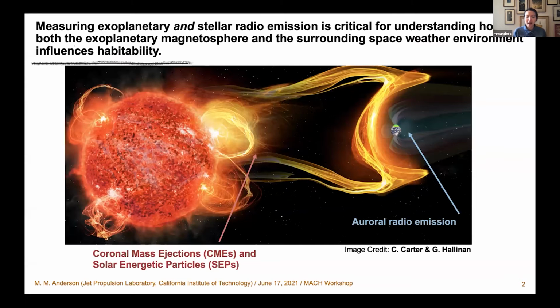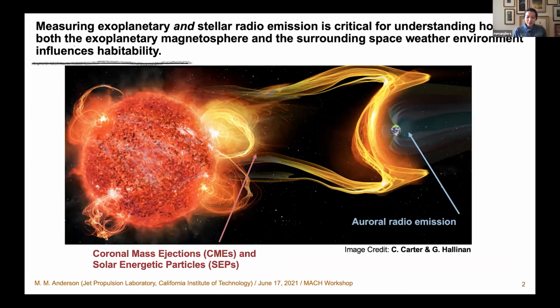So we've been hearing a lot about trying to understand the role of magnetic fields and atmospheric loss. We heard from Ruth earlier today about ways of probing loss mechanisms for exoplanets. And I'm going to talk about the other side of that picture, which is trying to measure exoplanet magnetic field strengths. And it turns out the answer to how to do that, we heard earlier in James' very interesting talk, and it's through radio observations.